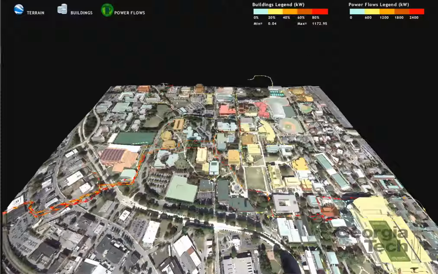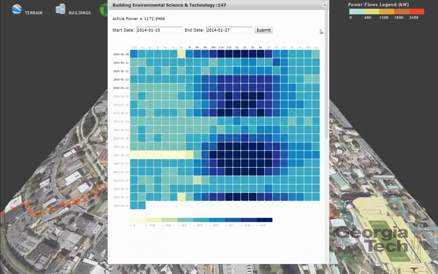You can easily observe that the EST building is consuming high power. You can click on it to see if it is deviating from the normal trends. Clearly, this building is a high power consumer and there is nothing abnormal in this situation. To reassure that there is no problem, you could check the power consumption by another metric such as the total power per square feet. As observed, the consumption as per this metric is well balanced.